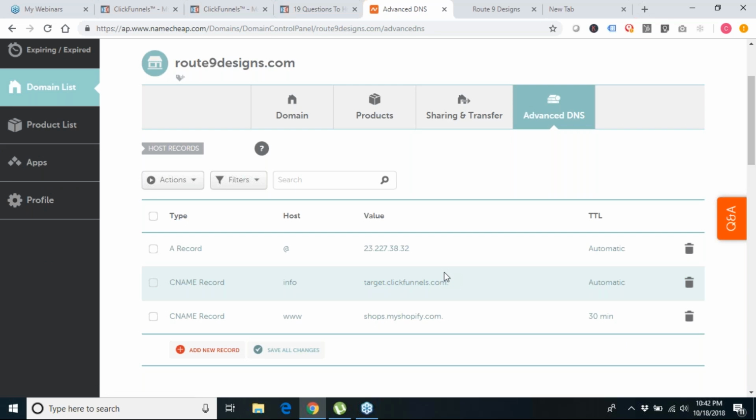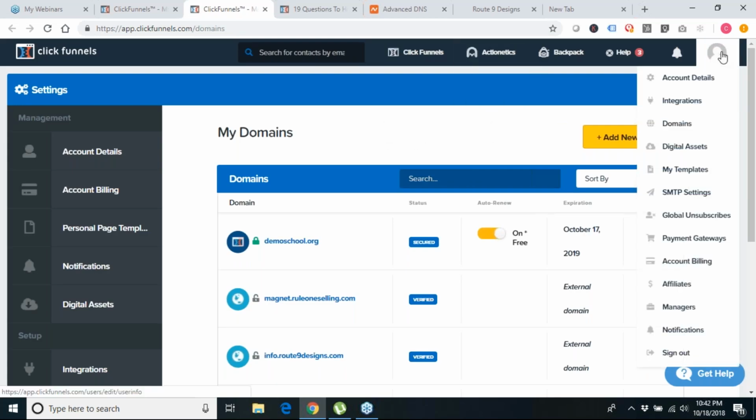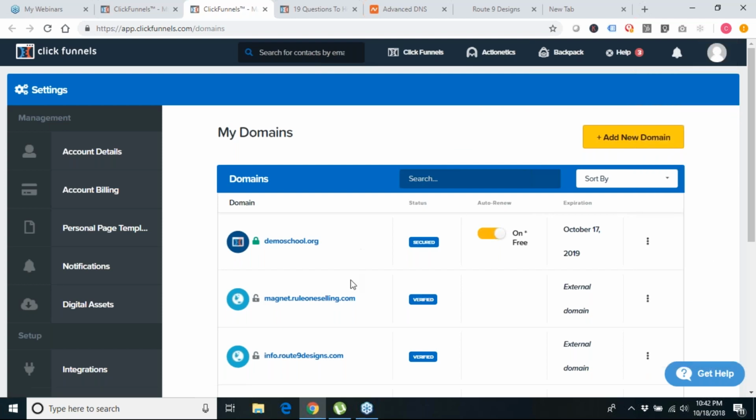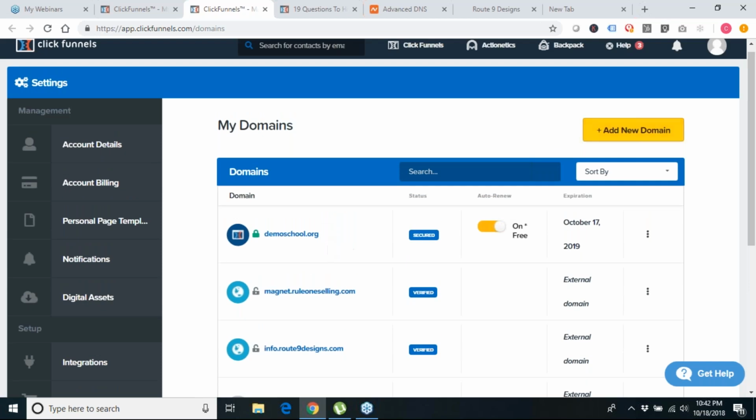All right, so we've set up the subdomain in our records, but now what we need to do is associate the funnel with the subdomain. So we're going to go back into your ClickFunnels account, hover over your icon on the top right-hand side, and go to domains. That'll bring you to a page that looks like this. I just have a bunch of domains that I had laying around, and I was testing some things out for this video. You're likely not going to see anything here. You want to go to add domain,